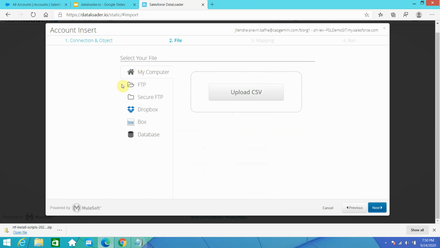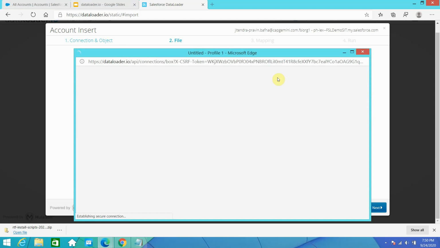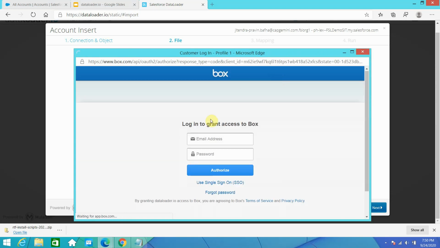Now, from where do you read the file? There are various options: FTP, secure FTP, Dropbox, Box, and database. In my case I want to read from Box. You can click on this plus sign, and it will take you to the Box page. You can put in your credentials. I hope I put in the correct credentials, and you can say authorize.